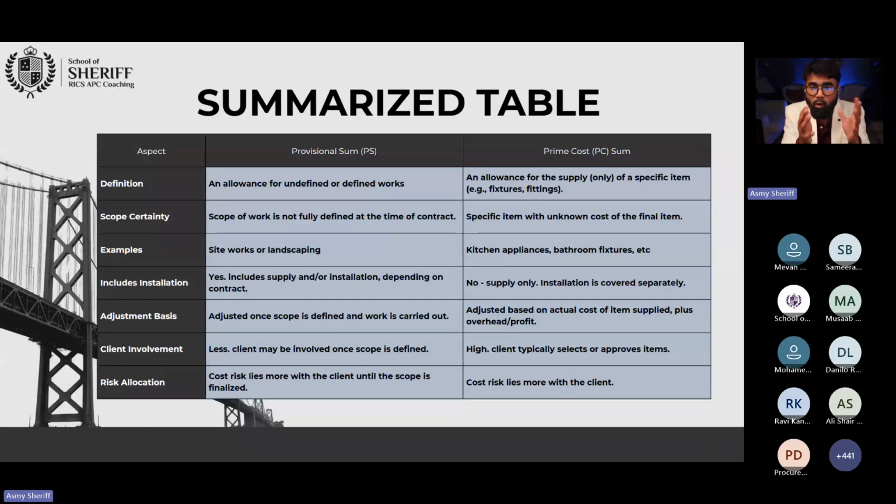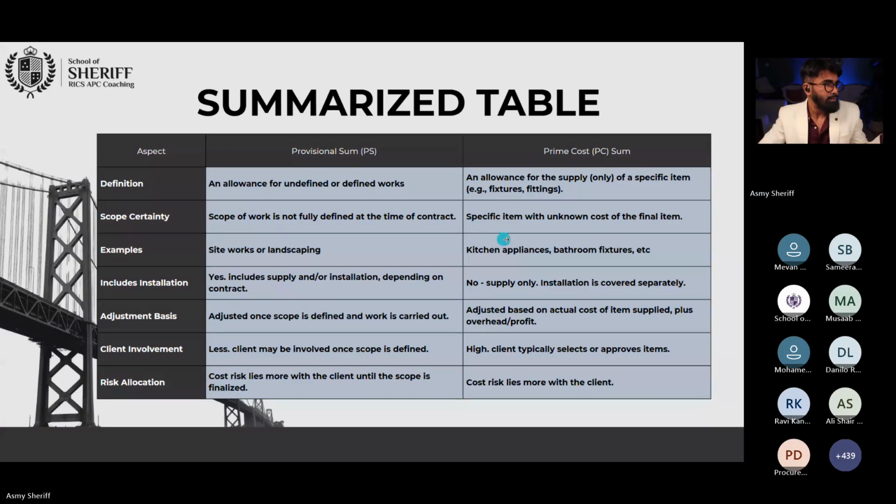It may be gold plated. It may be copper plated. Something that he wants to ensure: the shape, size, beauty, quality, execution. Everything he wants to ensure. For that, he allocated. So the client involvement, when it comes to prime cost, will be severely higher compared to